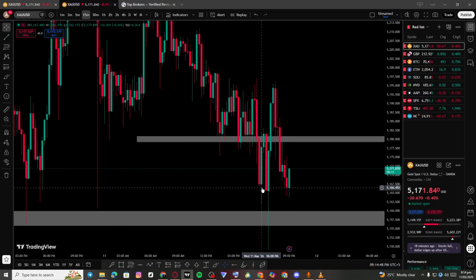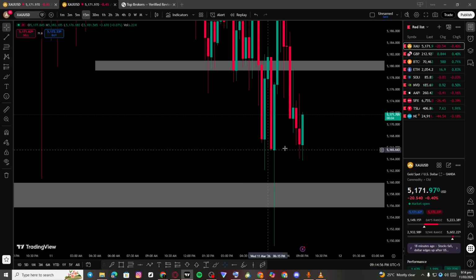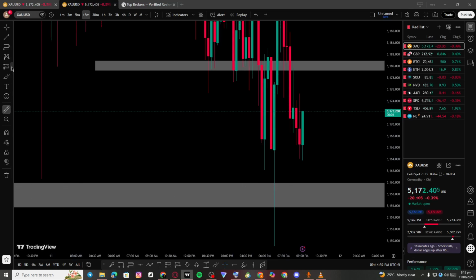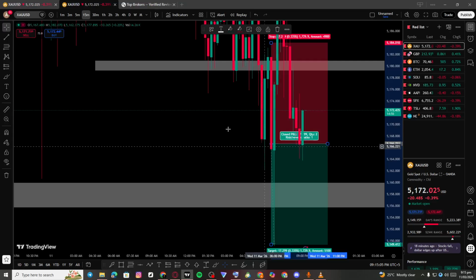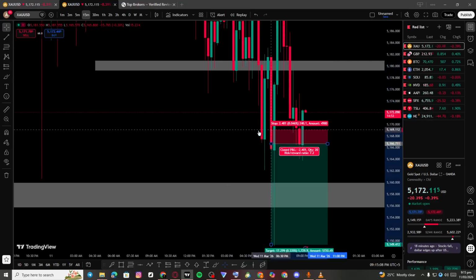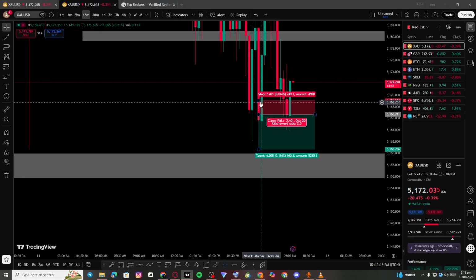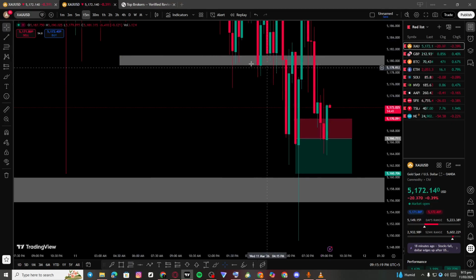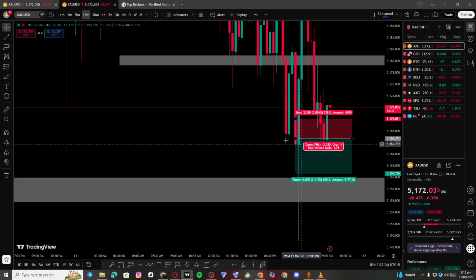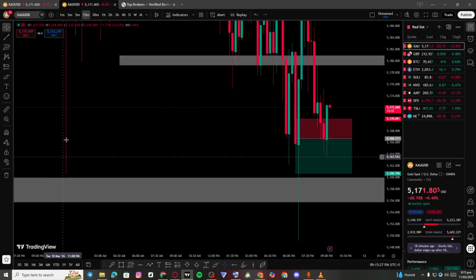So now what I was looking for at this point: this was a wick, there's a candle which closed. So I thought, why not just enter a sell, because I was looking for this wick fill. So I thought, why not just enter over here as soon as price breaks the low of this candle with a stop loss of a few pips, and the target would be this wick. Okay, so this was the trade idea, that this was a wick fill, price came back, price came down, closed below support, formed a good bearish candle, and as soon as it started to break the low of the previous candle, I would enter, and by considering this wick fill, this would be my target.